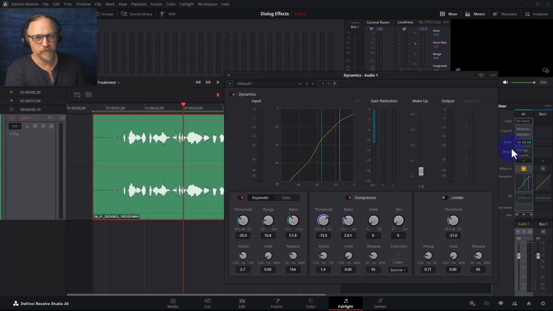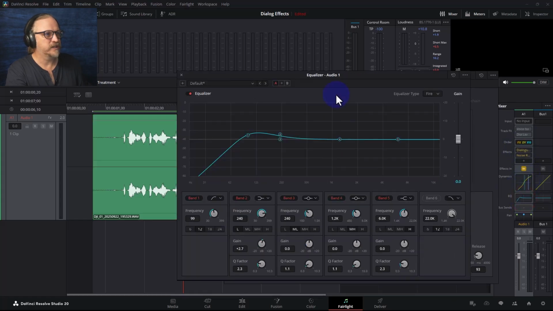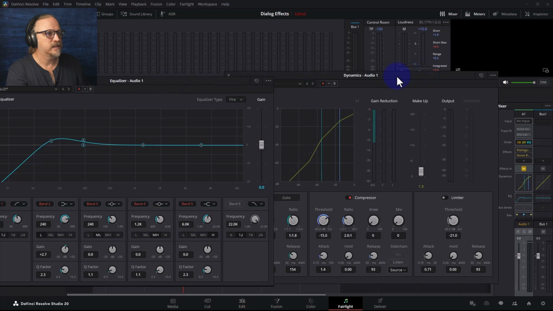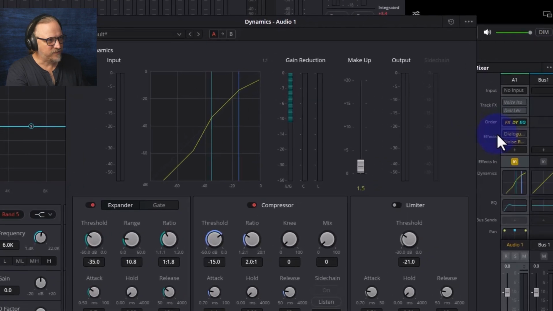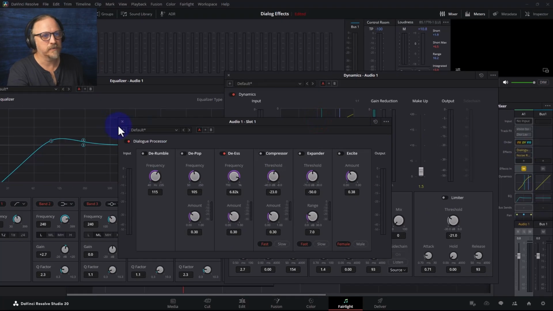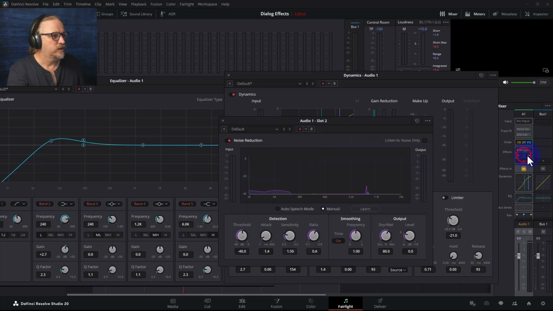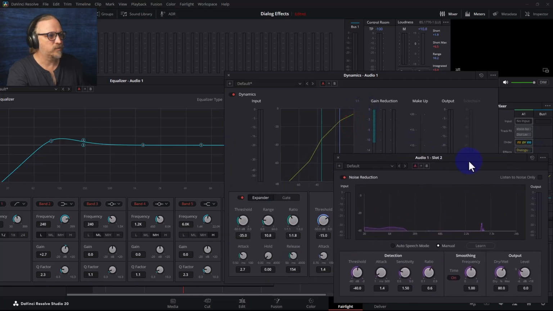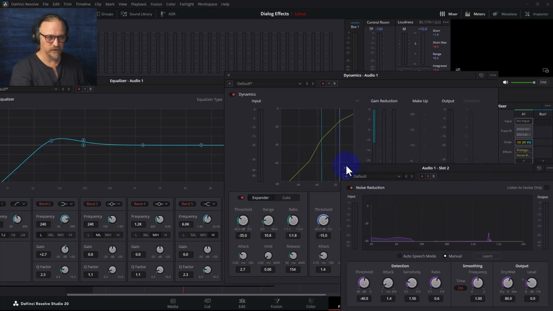Now, if you want to bring up something that you've worked on, like you can bring up the equalizer by double-clicking on that. That's easy. The effects here, you have to hover over the name, and then there's this little controls icon, and then you can bring the effect back up. That one we don't care about. This one we'll have a look at. And now we can go ahead and play our video.